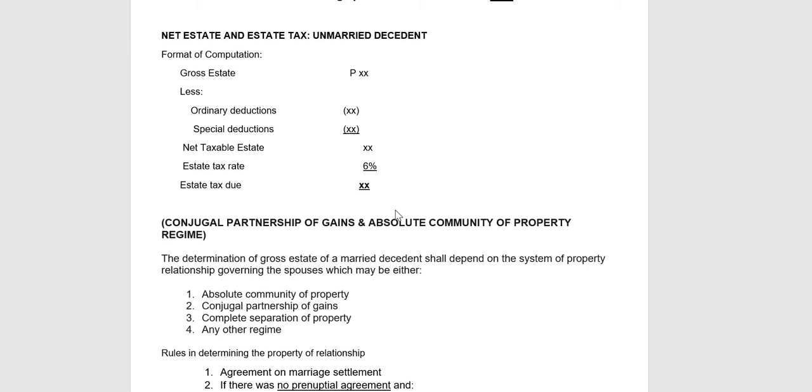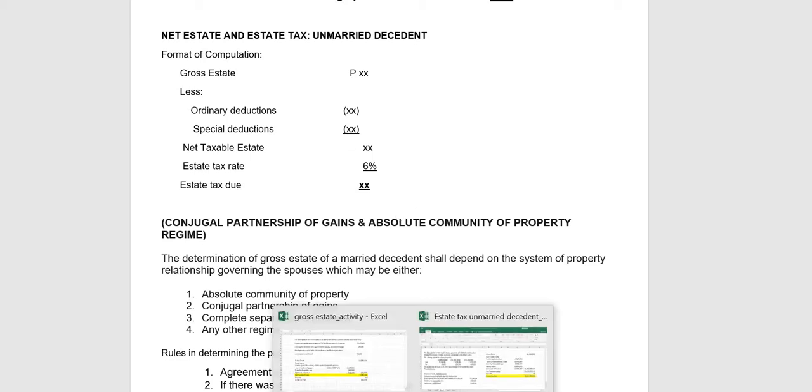No? Then you multiply it with the estate tax rate, which is 6%. Before the TRAIN law, we had been using a graduated tax table for estate tax, but effective January 1, 2018 under the TRAIN law, the estate tax rate is 6%. So net taxable estate times estate tax rate, you'll get the estate tax. So as an example, we have here